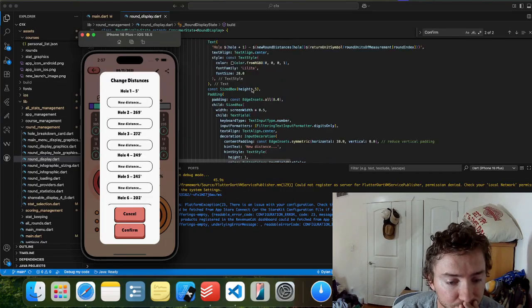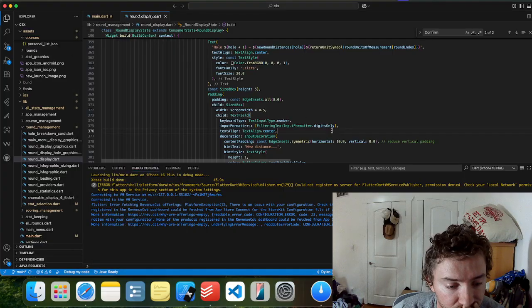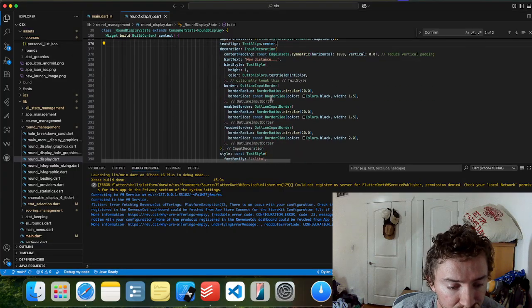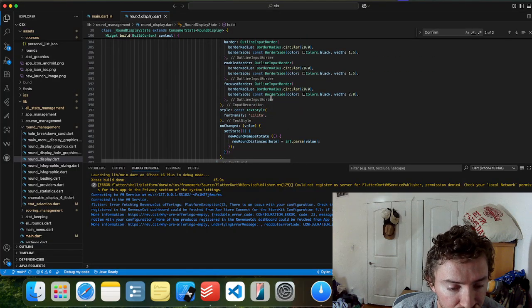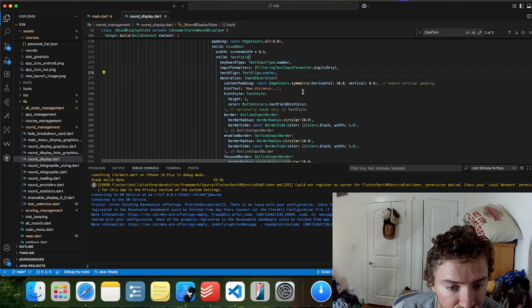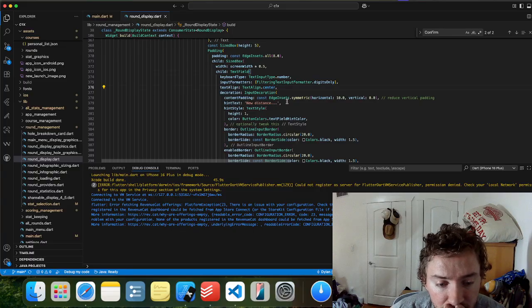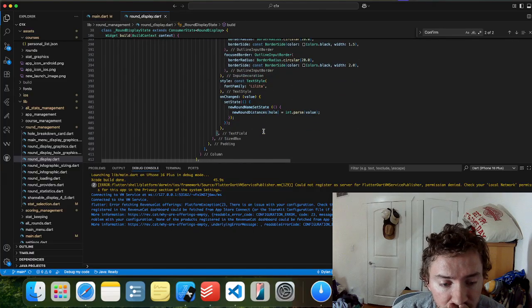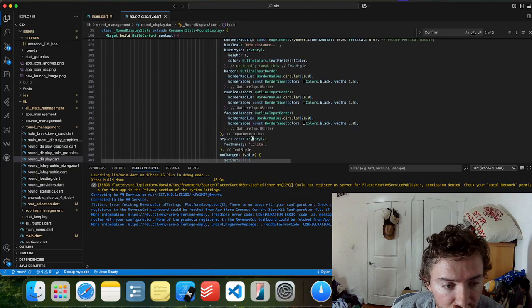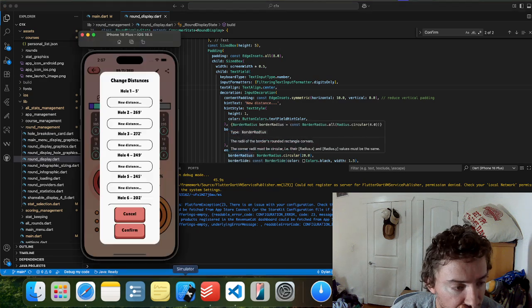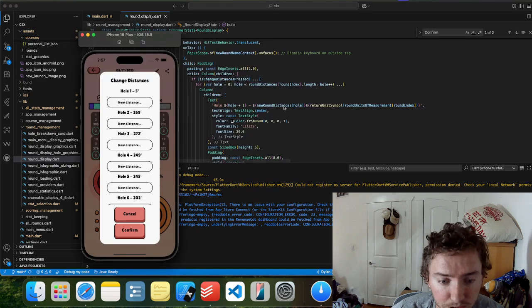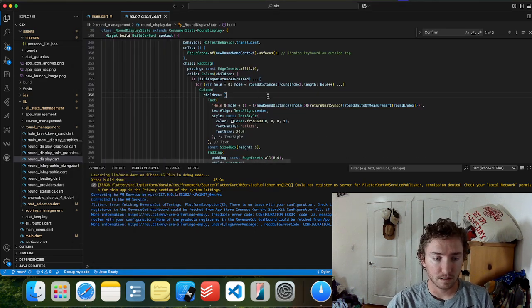Where are we at here? Keyword type, style, new round name, set state, distance. I guess I'm displaying it here. New round distances.